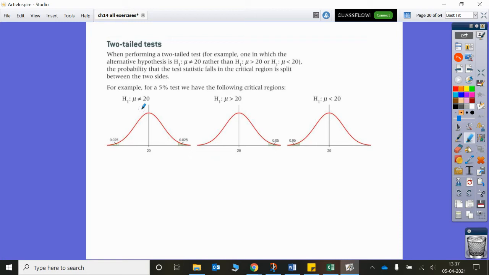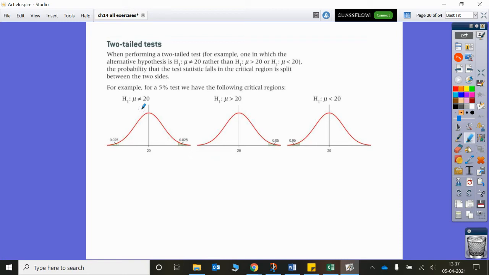And the statistician will lay that out from the start. They will have an idea in their mind that they want to check. And that's the type of test that they will start off with. Now, if they have an idea that the bags of flour are being underfilled, then they will do a one-tailed test. If the statistician has no idea, but just wants to check the accuracy of the machine which is filling the flour bags, for example,